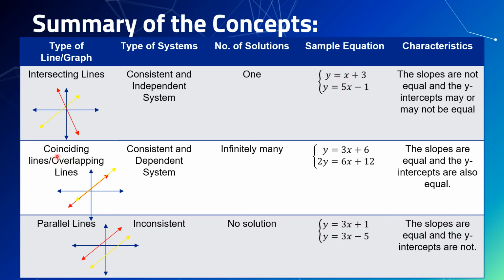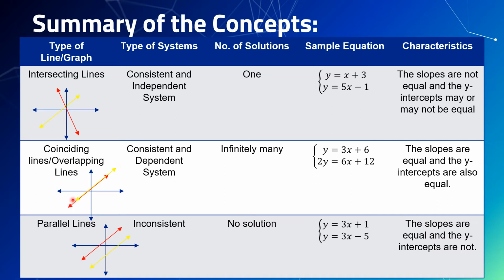The next one is coinciding lines, or overlapping lines. These are overlapping lines. This is a consistent and dependent system. The number of solutions is infinitely many, because we have here several points of intersection. If the two lines overlap, there will be an infinite number of solutions, or an infinite number of points